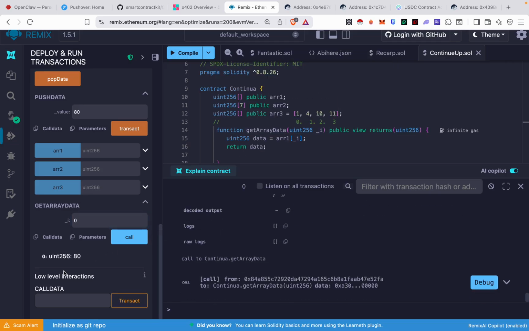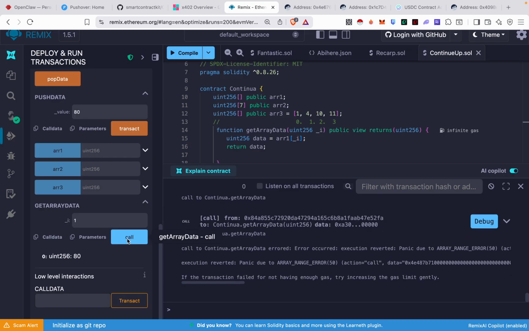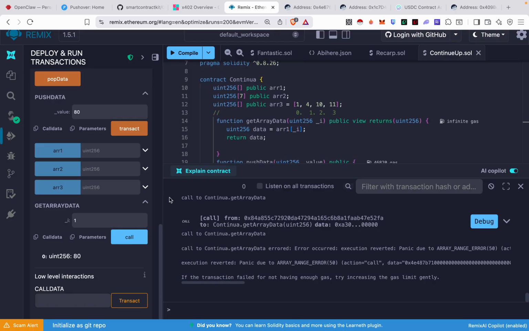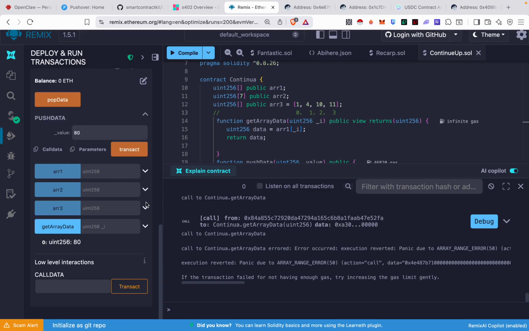And I call, I can now receive a value. If I put position 1 and I call, there is nothing. There is always a panic because there is no data in that position. So let me add some data, maybe another data,